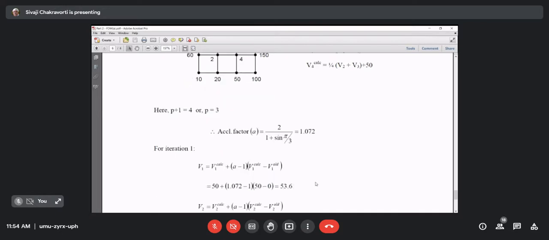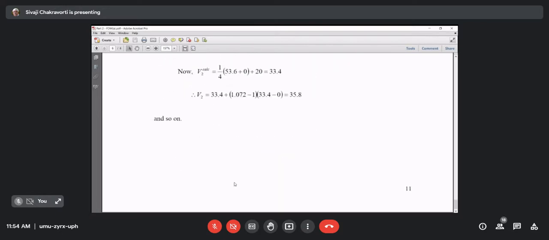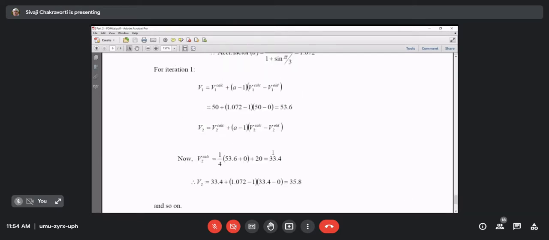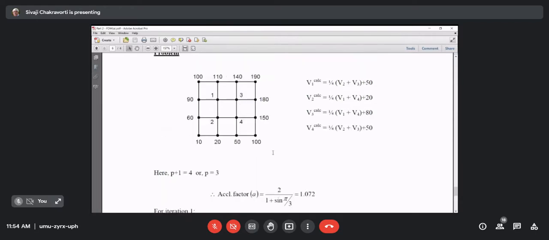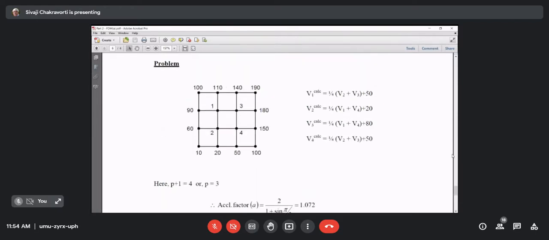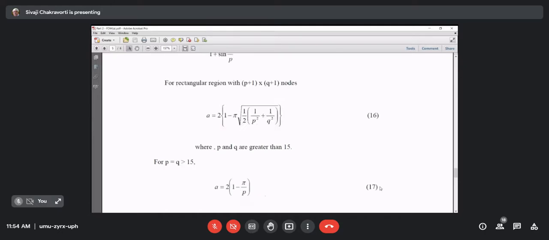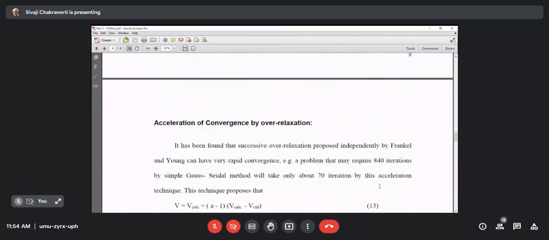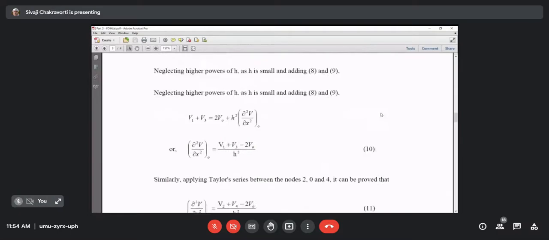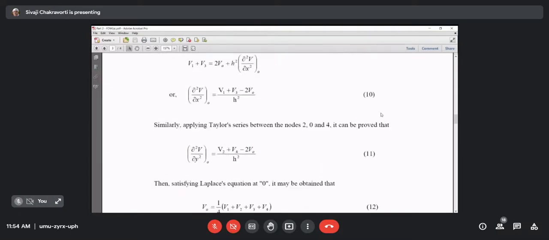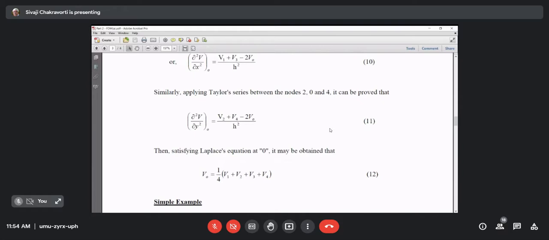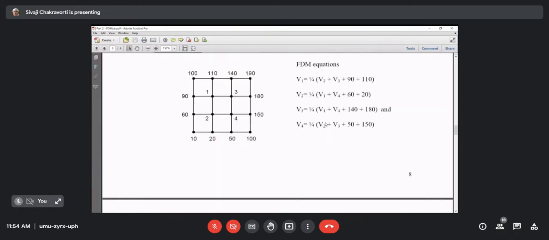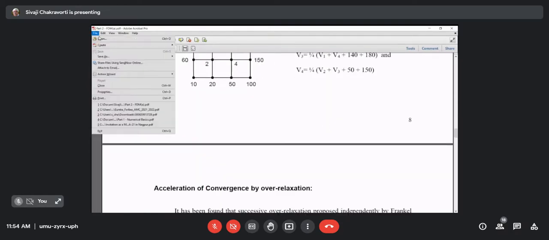So that's how then we calculate these V1, V2, V3 at the different iterative steps. But this is for problem solving. So these examples are only for your exams or assignments. But for understanding the field, this is not so important. For understanding the field, the part before this, all these acceleration factors and others, those parts are important.